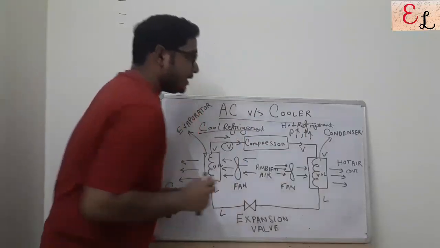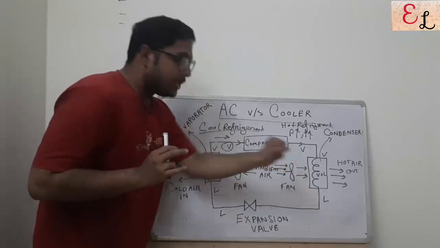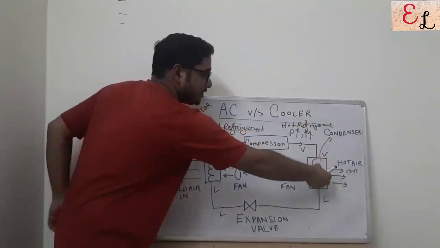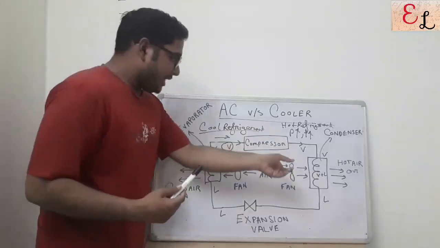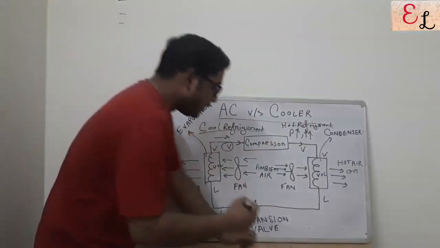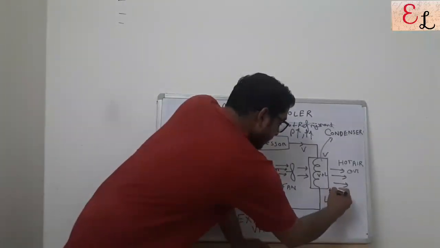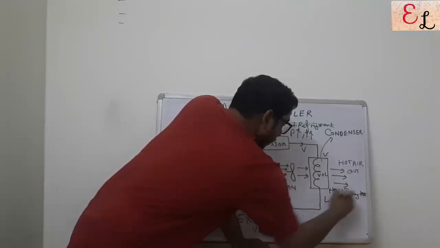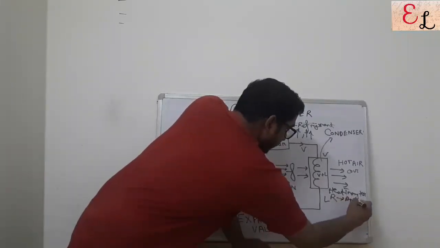It then enters the condenser. Now what is happening in the condenser? The condenser contains a fan which is pulling in the ambient air, and there is a heat transfer occurring between the hot refrigerant and the ambient air. The ambient air is obviously at a lower temperature than the hot refrigerant, so the hot refrigerant is basically giving heat to the ambient air. So heat transfer is occurring here from the refrigerant to the ambient air.